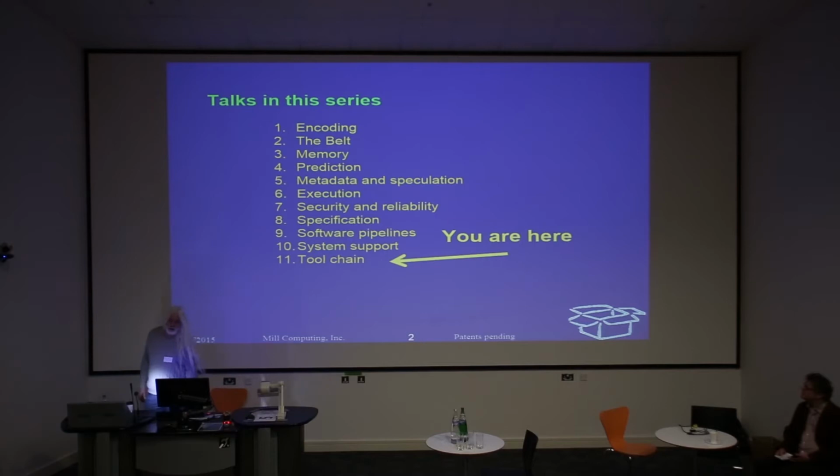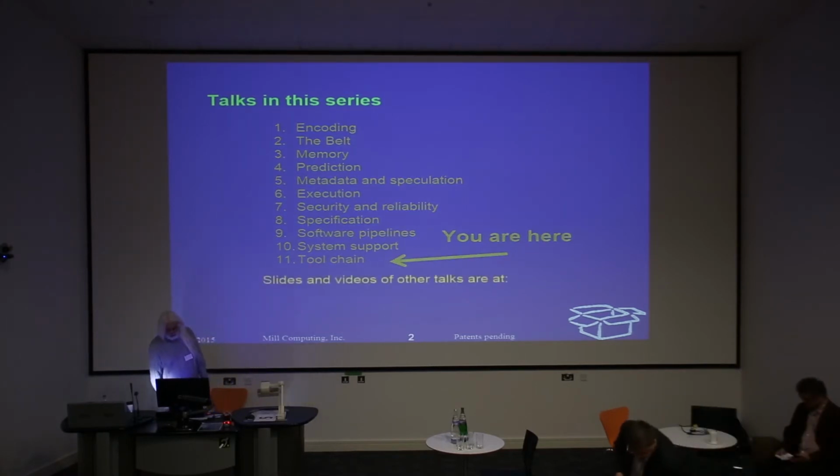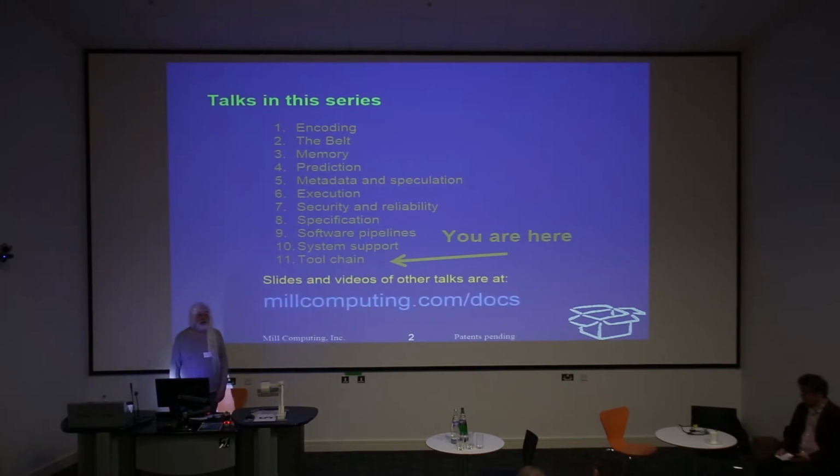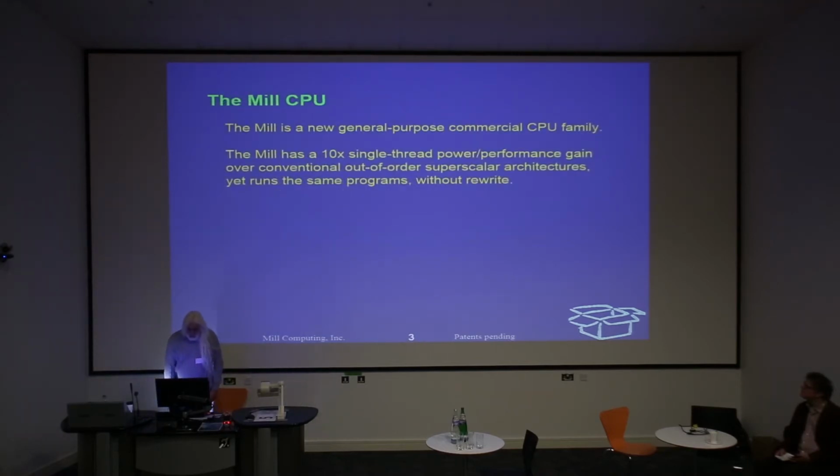This is one of a series of talks describing the machine. The Mill is fundamentally very, very different from a conventional machine, and you'll be able to find far more than you want in technical detail at that URL. It is a family, like a 360 is a family, with quite a wide range. We have a 10x power-performance advantage over conventional machines, such as you find in your present laptop,